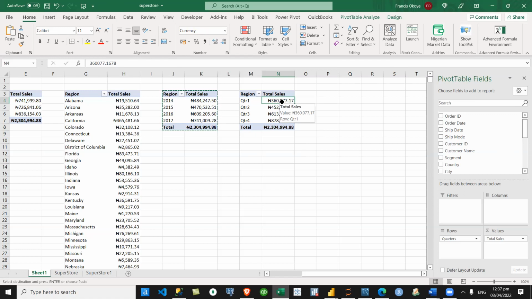Now I've summarized it by quarter, but what it's doing is calculating all the quarters, taking the sum: quarter 1, 2014, quarter 1, 2015, quarter 1, 2016, and quarter 1, 2017. Does that make sense? No, it's better to split it, each year and their quarters, or monthly.